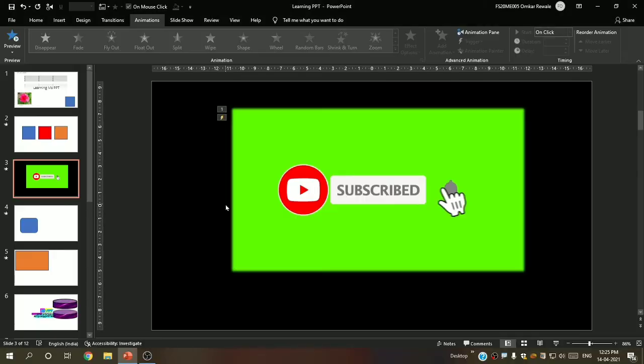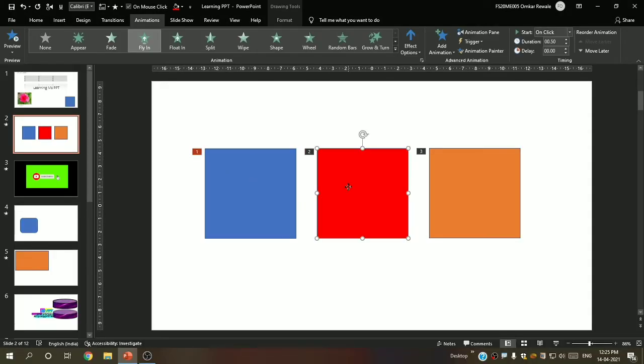See, when I click on the slide, the blue shape came in because it has entrance animation. Now emphasis animation. I will again click on the slide, and now the emphasis animation runs. The third, exit animation, is used when you want the shape to go out from the slide. See, this is the exit animation. So these were the three animations: this was the entrance, this was the emphasis, and this was the exit. Now I hope you have understood the difference between these.